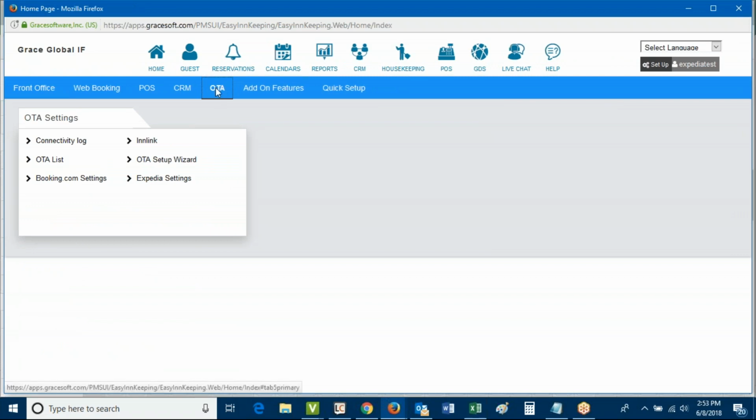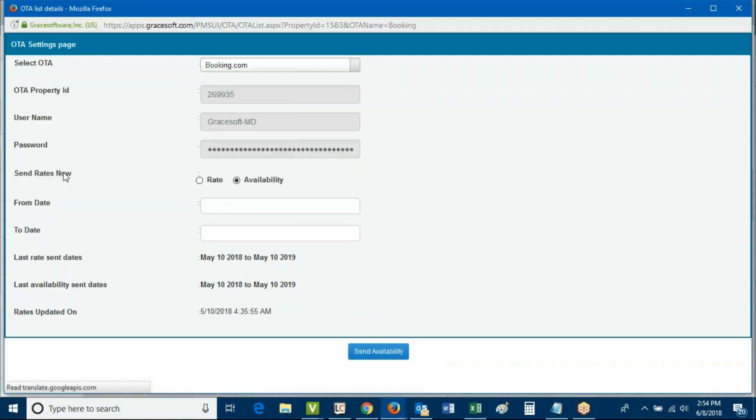So we go into our setup, we go to the OTA tab, and we come to our Booking.com settings. In order to get the minimum nights from the reservation rules to push over, you do have to push availability. We mentioned earlier that rates are not automatically updated, so any changes to the rates you have to push as well. When you come to push rates, and you always want to push rates first before availability, you never want